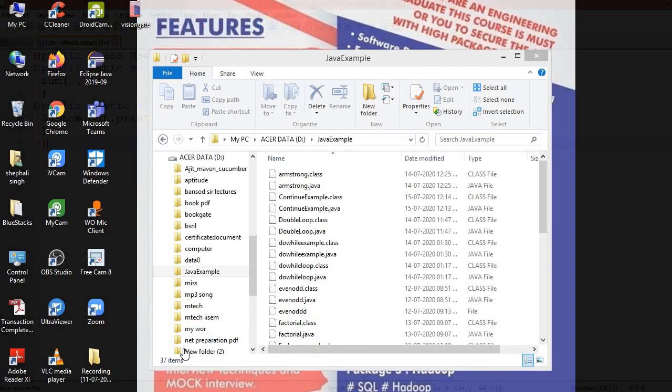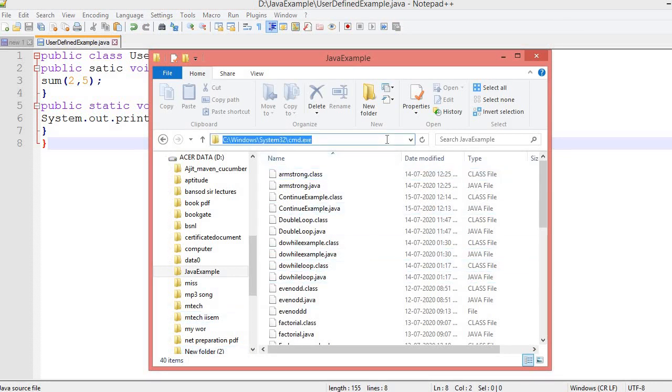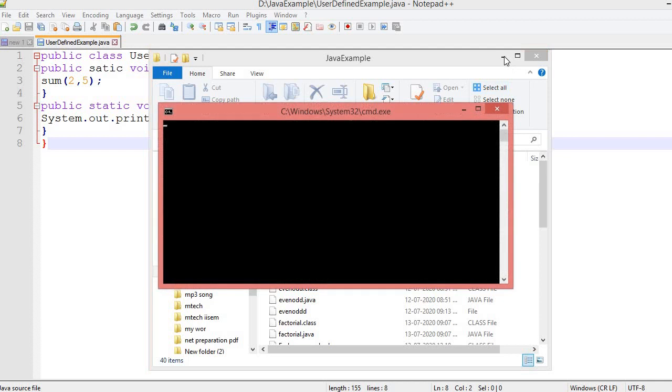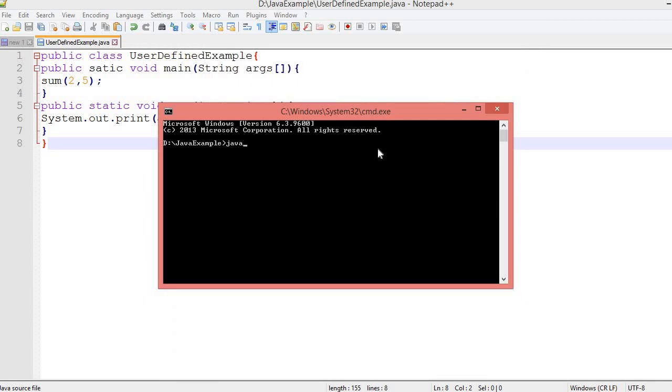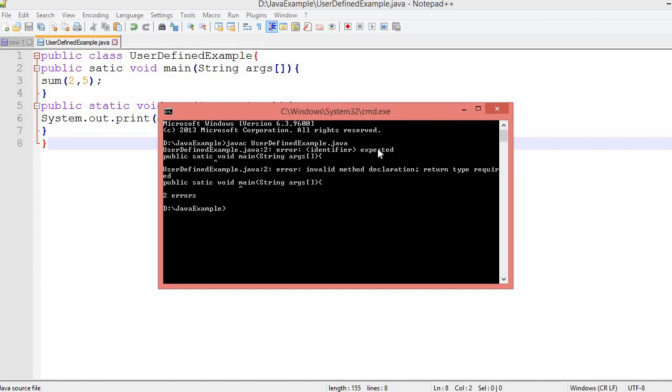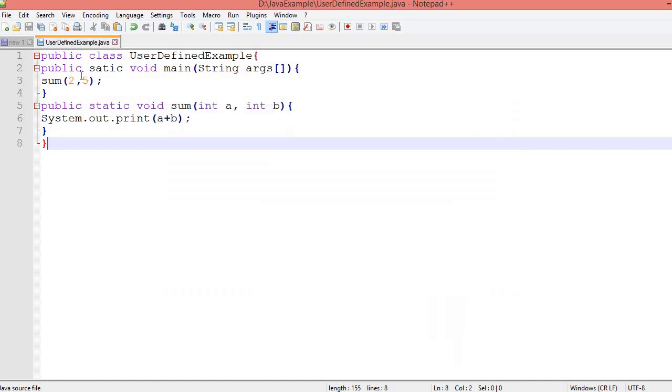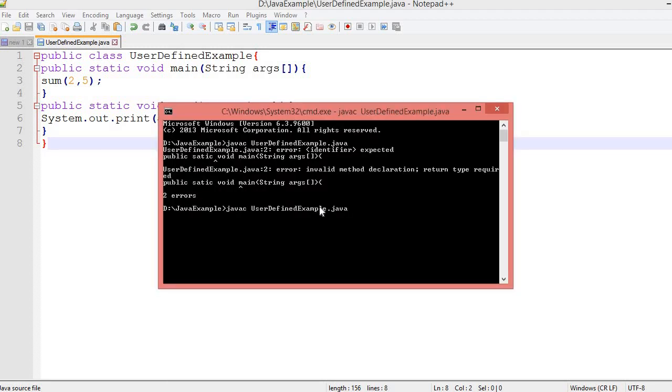So I will go to the folder where it is saved, and then here I will open command prompt, and now I will pass the command javac UserDefinedExample.java. Okay, what is it showing? Okay, I made a mistake. Static. Okay, then save it and then run again.